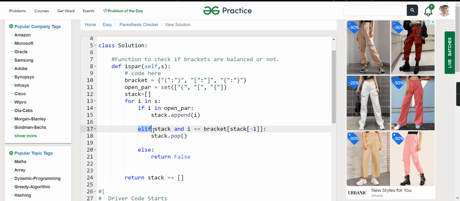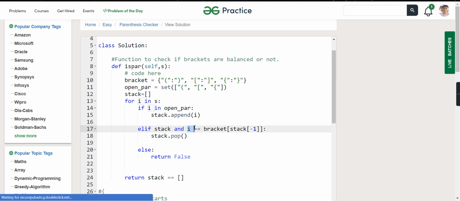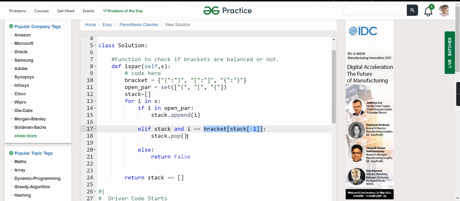So we'll go in elif and check if the stack is there, meaning the stack is not empty, and whether i, the closing bracket, is equal to the closing bracket for the stack top. The map of the opening bracket will give us the closing one. So we'll check if i is equal to that particular closing bracket.